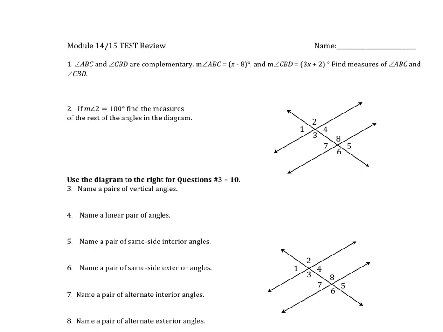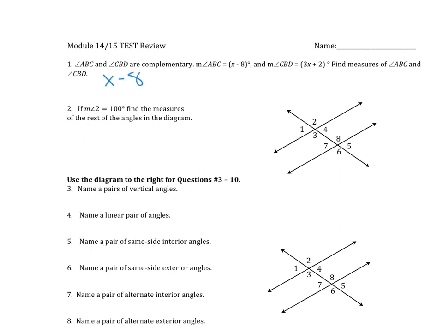All right, number 1. So this is one of the most missed questions from the quiz from Module 14. ABC and CBD are complementary. What's it mean to be complementary? The two angles added together equal 90. So we've given our two angles, which means we can go